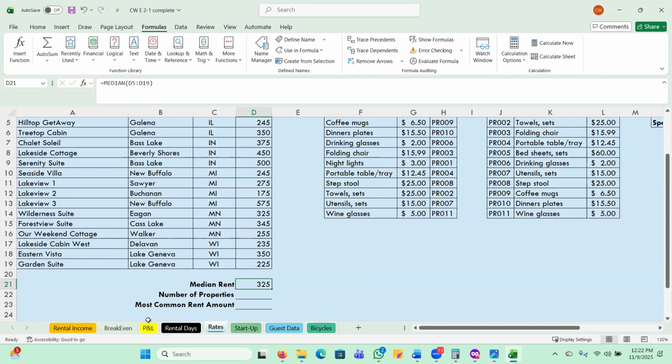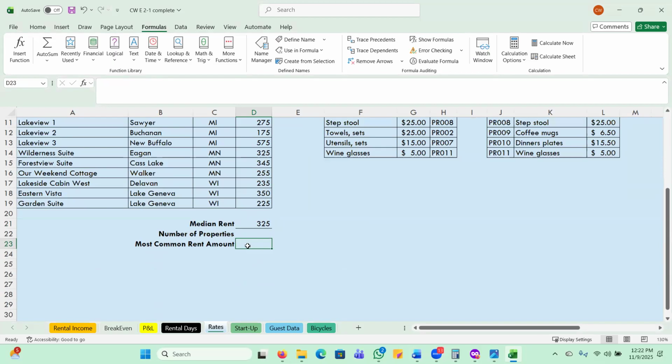Next, we're going to click on cell D23, and we could go to the more functions, or our book gives us a bit of a shortcut here. We can type equals MO, oops, O, not P, and we're going to look for the mode.sngl. So when we find that one, we're just going to double click it,